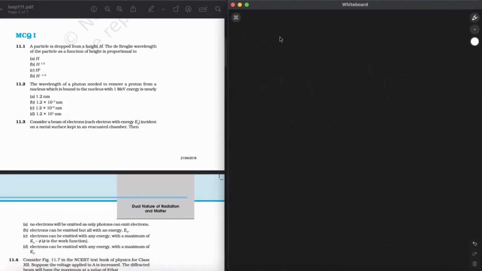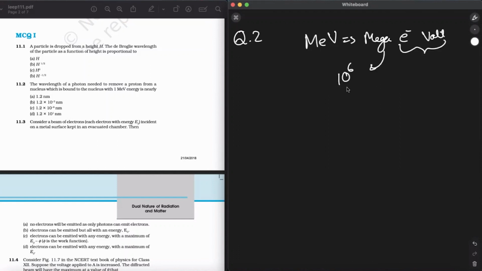Moving onwards, question number 2. The wavelength of a photon needed to remove a proton from a nucleus, which is bound to the nucleus with 1 mega electron volt. This is how you read it: it is mega electron volt. You know this part? Mega is 10 raised to the power of 6. So the key concept behind this is